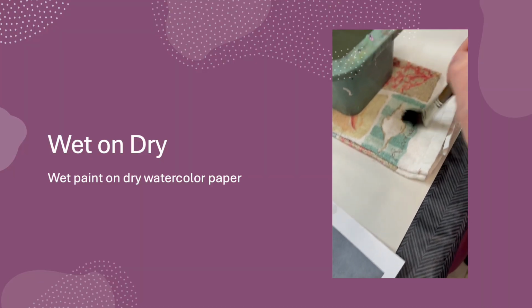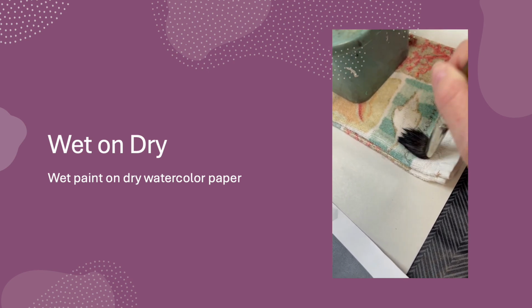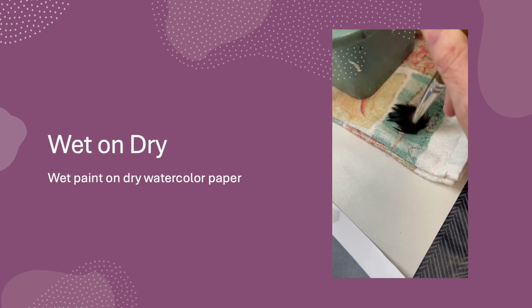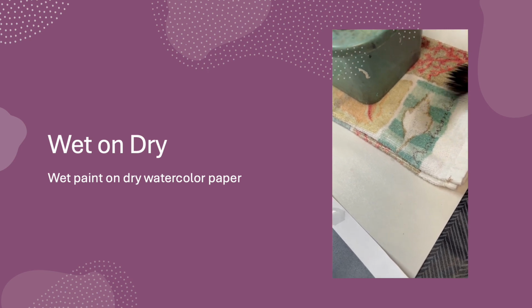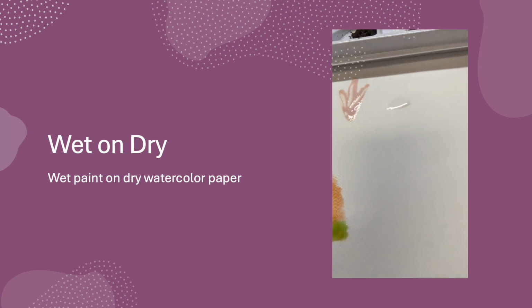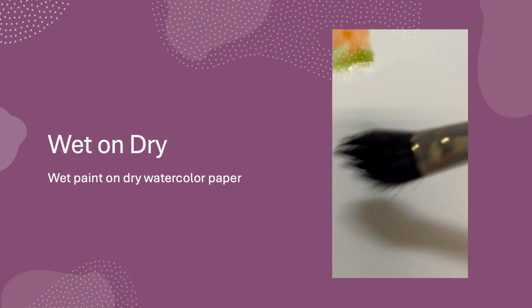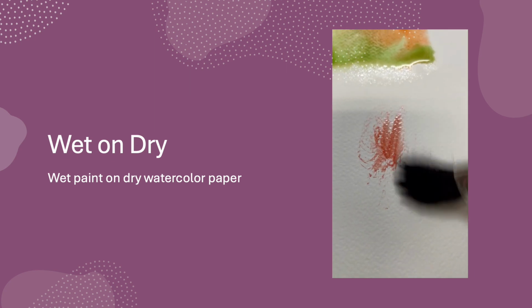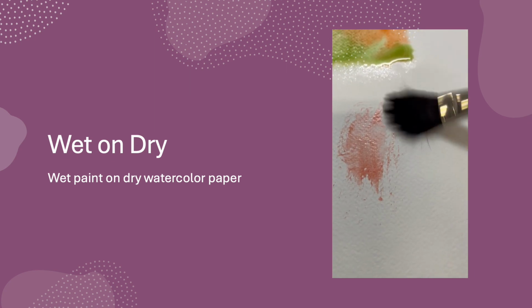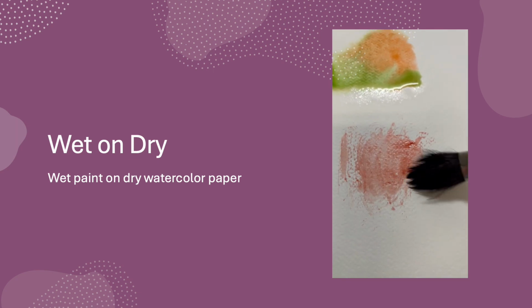Okay, for wet on dry, I'll take that same mop brush, or just about any brush you can think of that you're comfortable using with watercolor. And I'm drying that out, but not bone dry, it's still slightly damp. And I'm going to pick up some alizarin crimson and go right underneath that same area that I just did wet on wet. And I'm applying a dry brush with color to dry